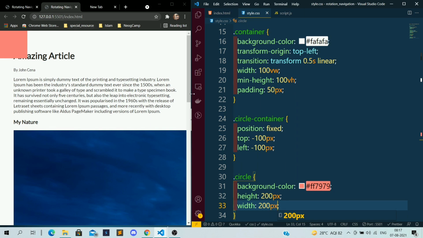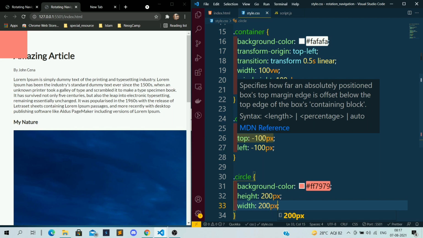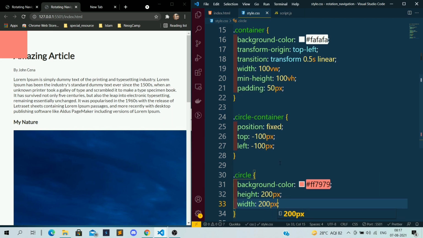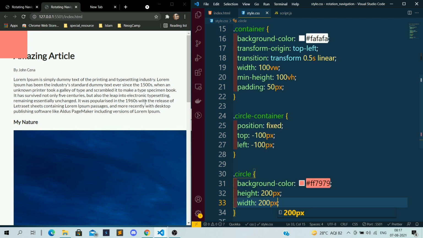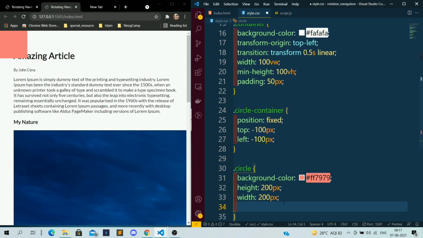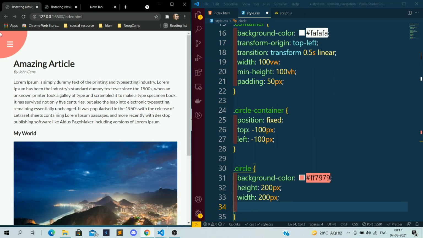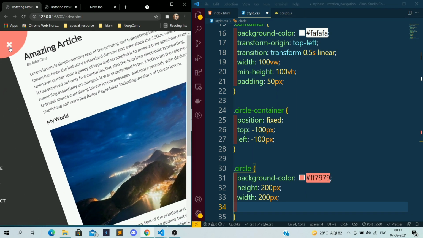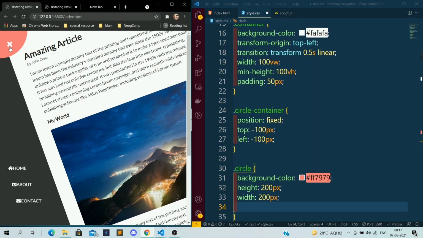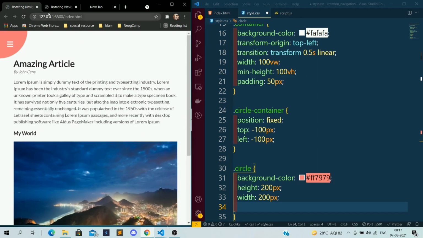I have given the top and left position minus 100 pixels, but the height is 200 pixels. That is why it is showing 100 pixels on the screen and 100 pixels outside. So that it will show like navigation, like rotation. When I click on the dash, this cross button will come from outside the page.